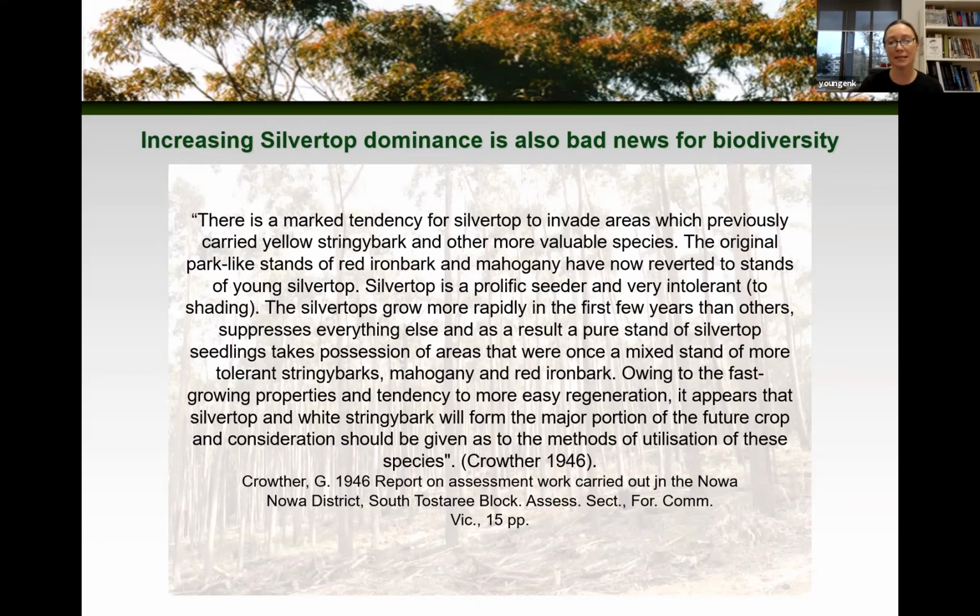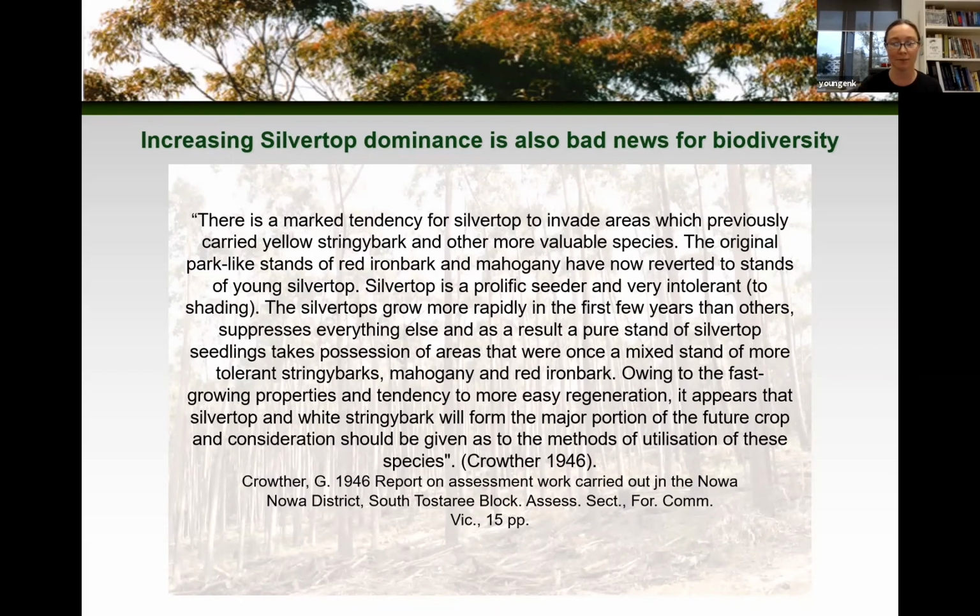There's a marked tendency for silvertop to invade areas which previously carried yellow stringy bark and other more valuable species. The original park-like stands of red ironbark and mahogany have now reverted to stands of young silvertop. Silvertop is a prolific seeder and very intolerant to shading. The silvertops grow more rapidly in the first few years than others, suppress everything else, and as a result, a pure stand of silvertop seedlings takes possession of areas that were once a mixed stand of more tolerant stringy barks,